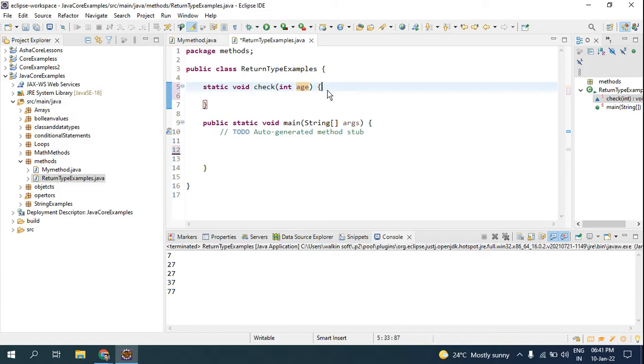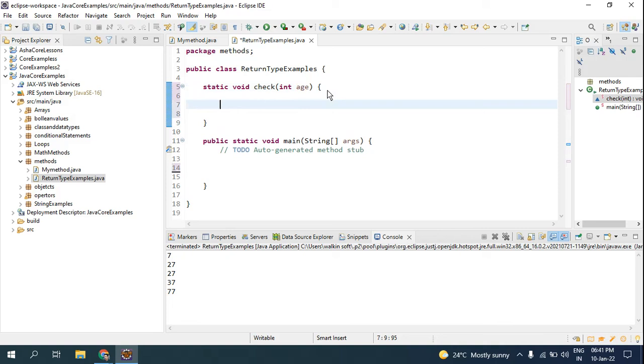So here I'm going to use an if else condition. This is the syntax for the if else condition, and I'm going to check that the parameter age I'm going to pass should be greater than 18. If it is greater than 18, I want this statement to print out, like SYSOUT, and I'm going to say you are eligible to apply for visa.